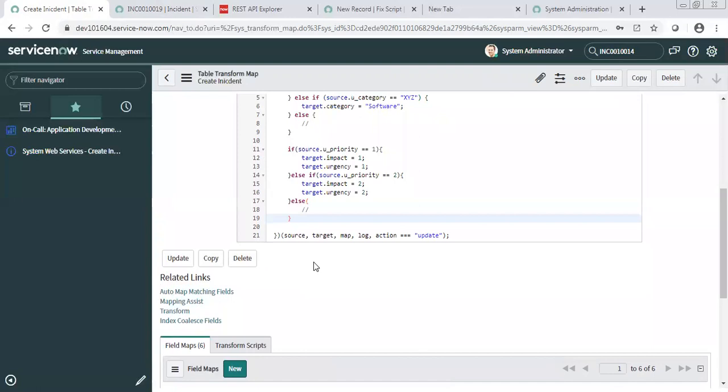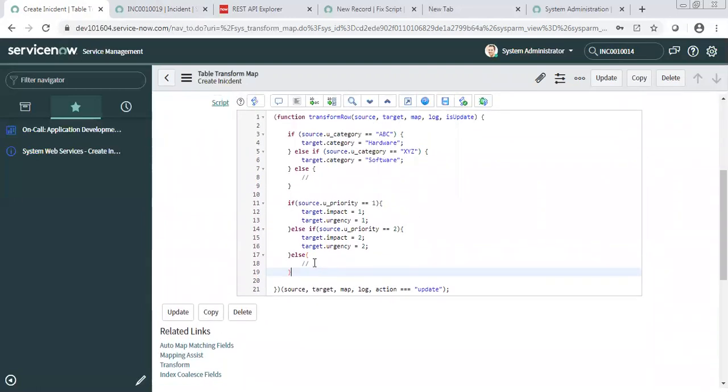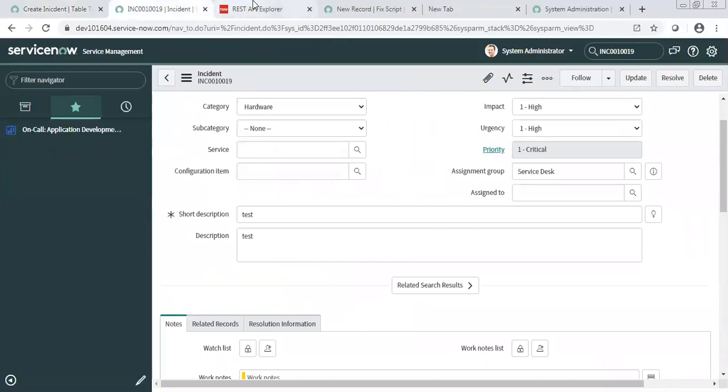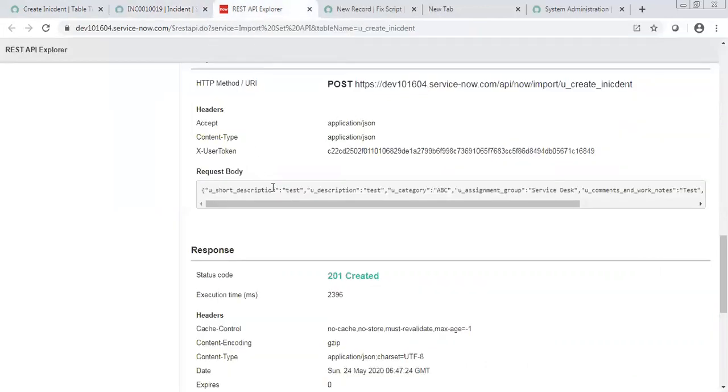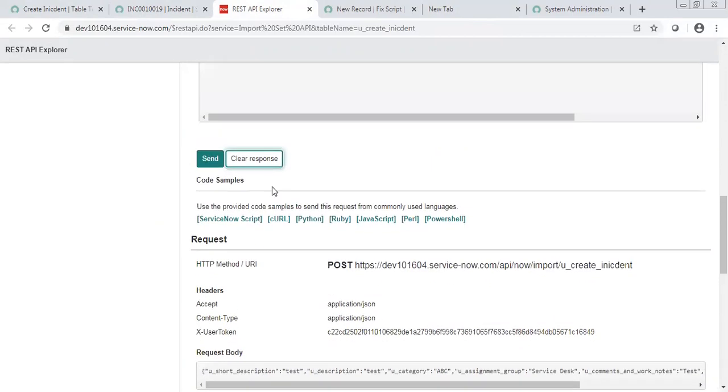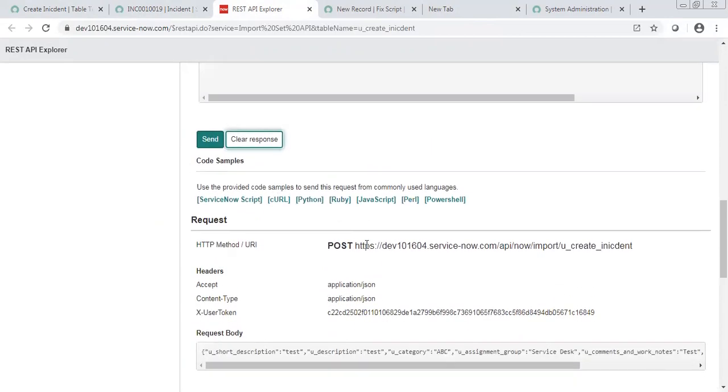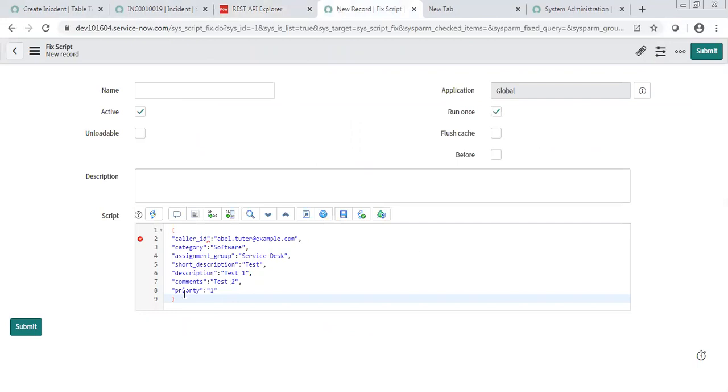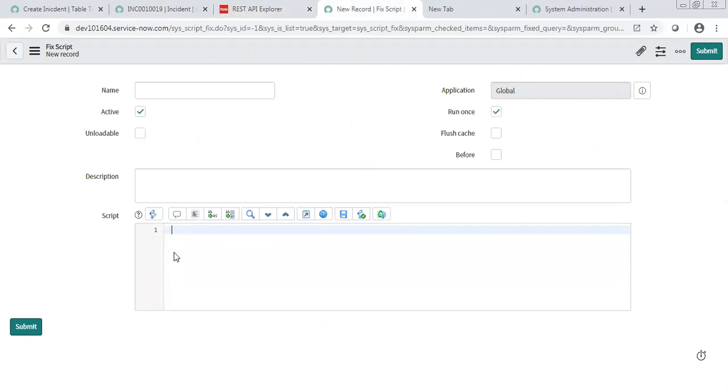So now the question is, in a real-time scenario, what information do we need to share if there is another tool, any ticketing tool, from where we need to set up this integration? If you remember, in the case of direct web services, what we were sharing with them was the endpoint, authentication and one more thing, the request body. The same thing you need to share here as well. However, now your endpoint is going to be of the import set table.